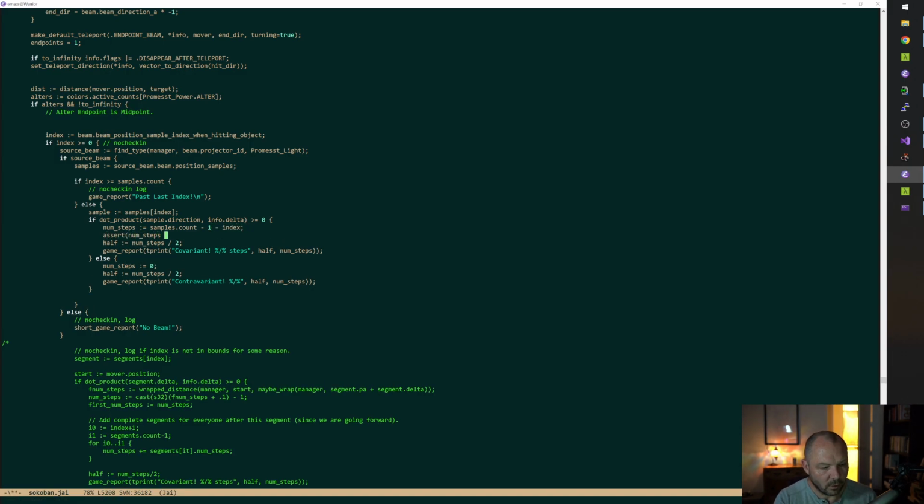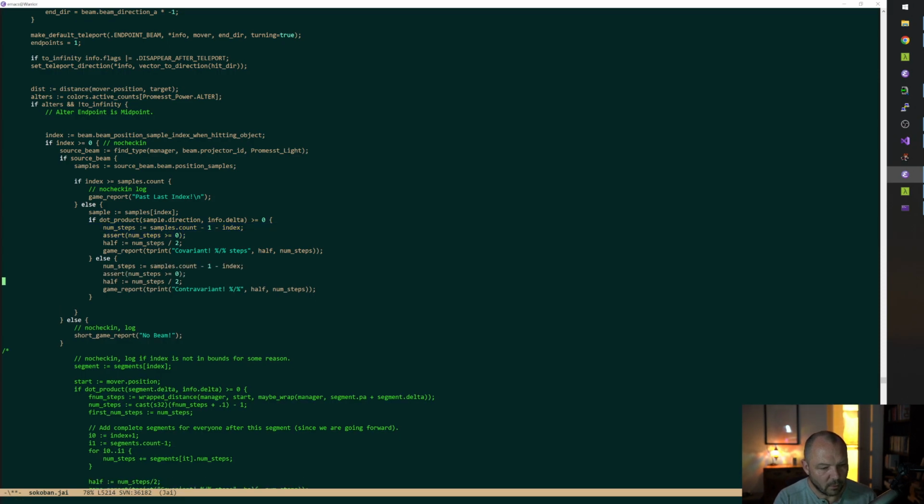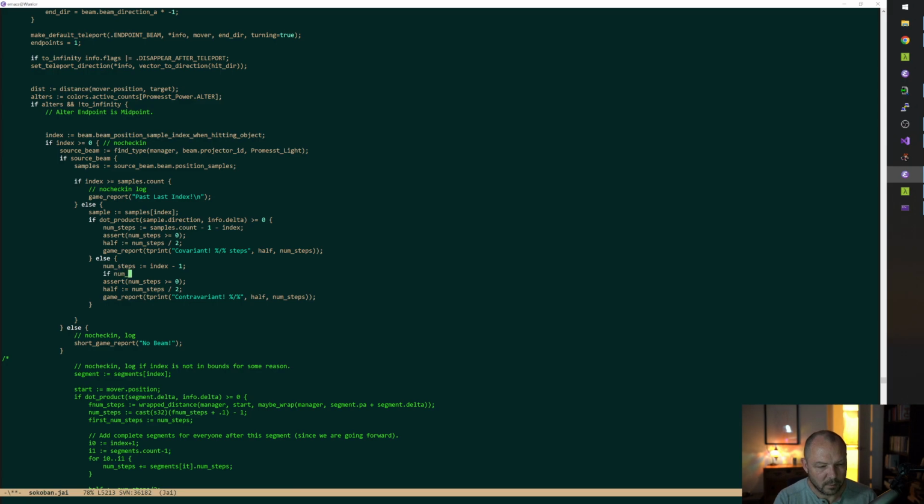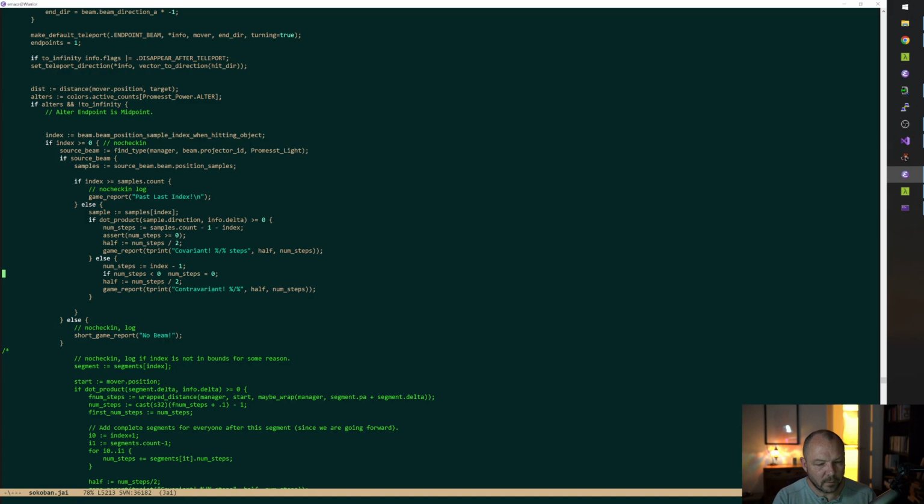Assert num steps is greater than or equal to 0. All right, otherwise, index minus 1, and if you are in the first slot, that'll give us -1.